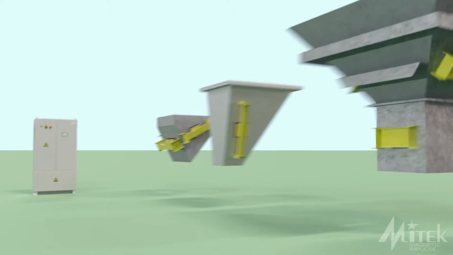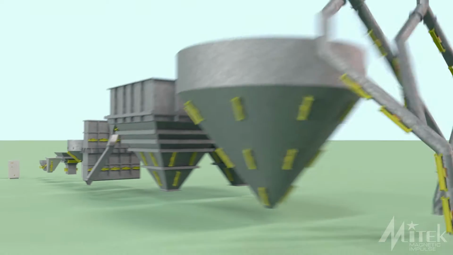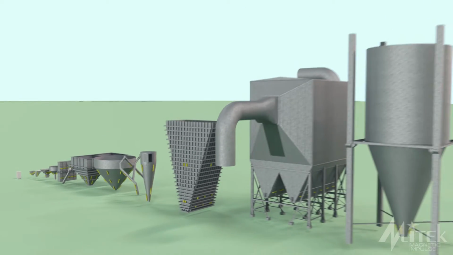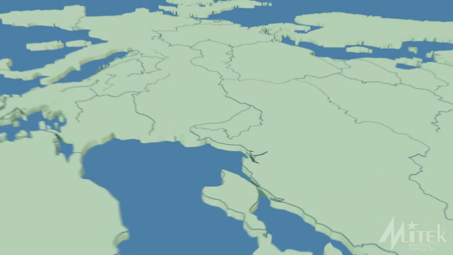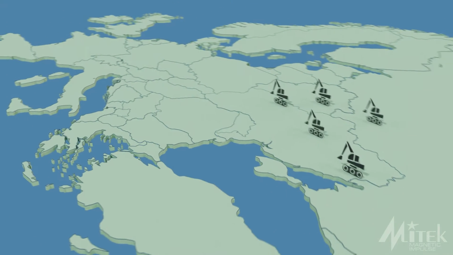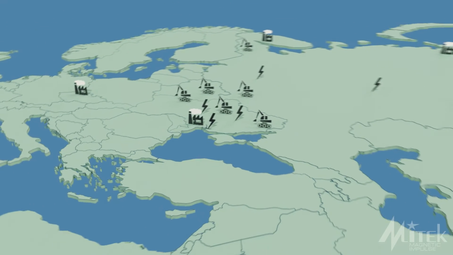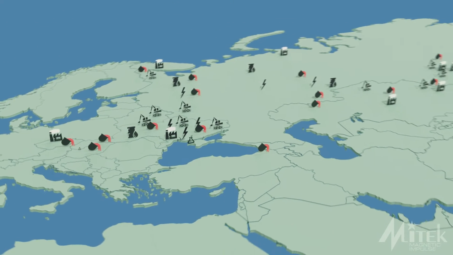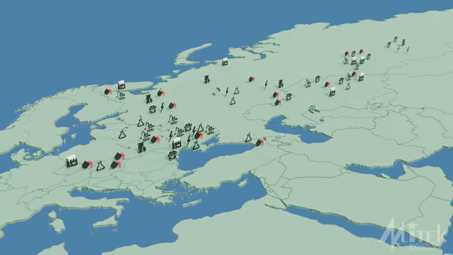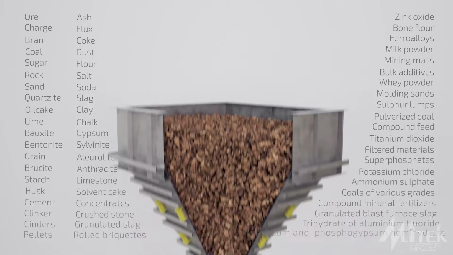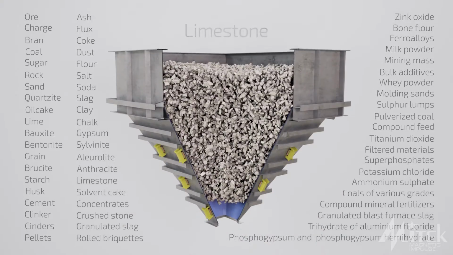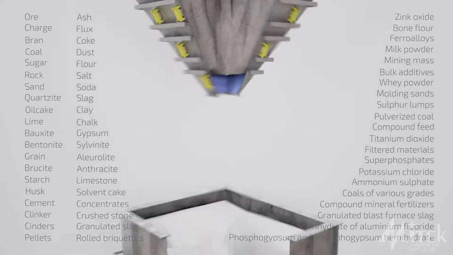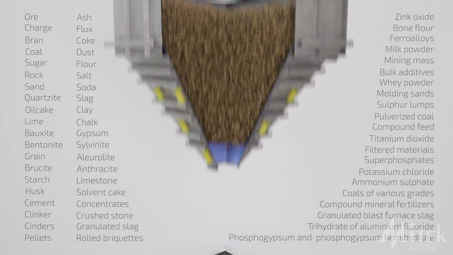IM installations are a universal tool for cleaning various surfaces from suspended bulk materials. They are used in many countries in various industries: mining and processing, energy and fuel, metallurgy, chemical, coal, food, and many others. The range of materials to be collapsed includes ore, charge, concentrate, limestone, coal, cement, flour, compound feed, dust,